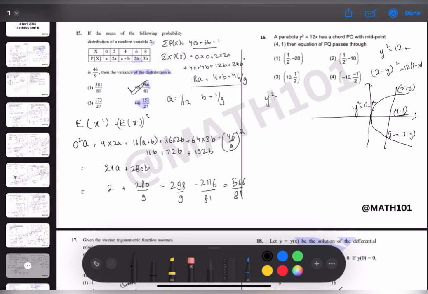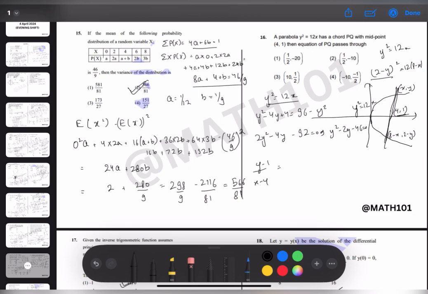Which means y square equals 12x, and this squared is y square minus 4y plus 4. 12 eights are 96, minus 12x is minus y square from this equation. So we get 2y square minus 4y minus 92 equals 0, which implies y square minus 2y minus 46 equals 0. We need to find the equation of this line, which is (y minus 1) upon (x minus 4) equals